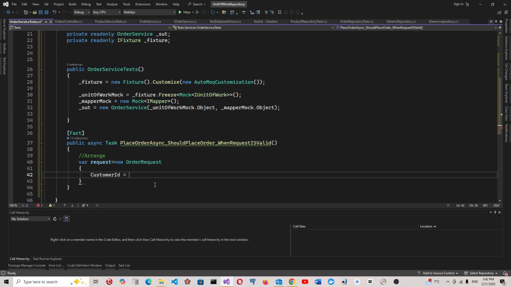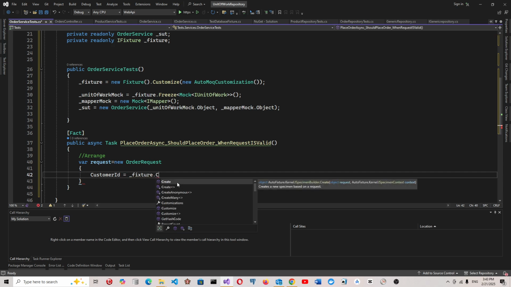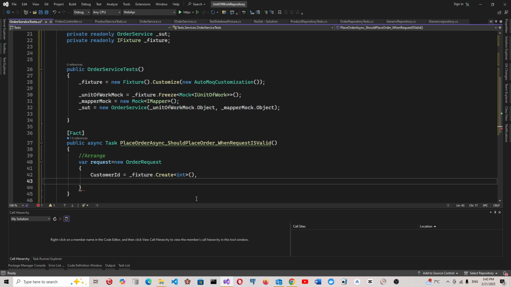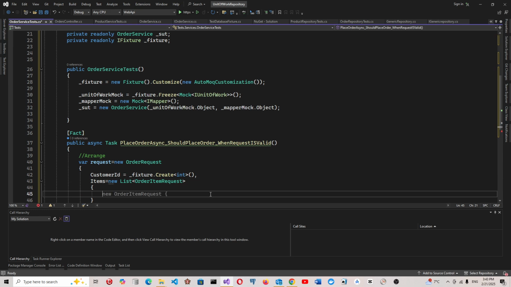We say fixture create, int type items, put new place order items request, and that should be new order item of product ID code 1, quantity equal to